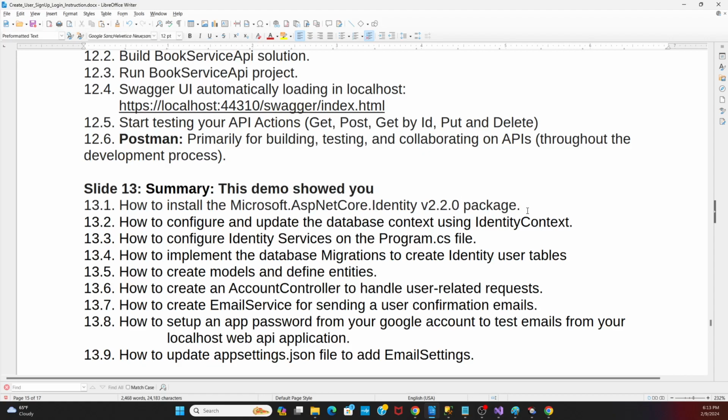We actually install .NET Entity Framework Core. Actually, the version is 8.0.1. Okay, like this. First, we need to install this. This is a new one. Okay, then